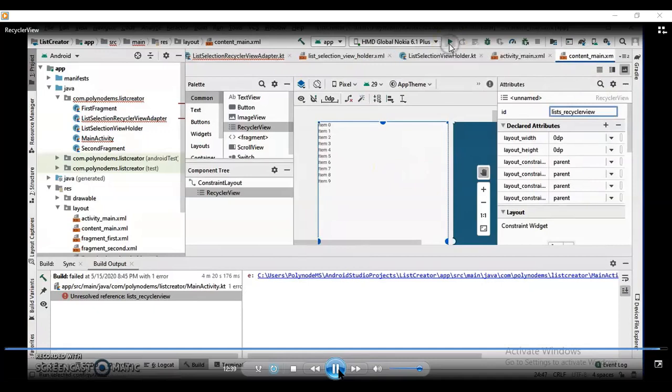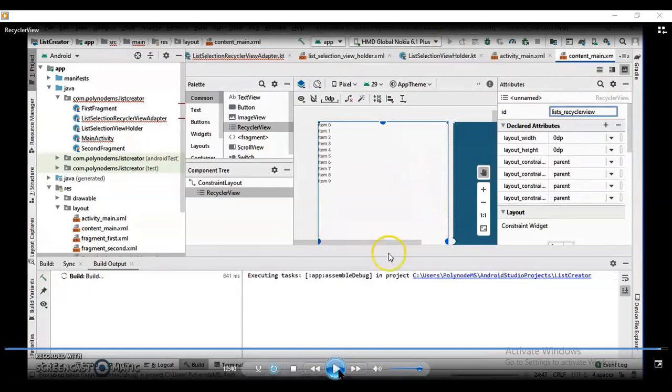So what will happen? When you run this application, you will find that it automatically fetches the list labels from the array that you have defined, comprising 3 elements. Those three strings are there, right? And those 3 strings will be displayed inside your recycler view in numbered form, because we have used one text view for item number and a second text view for item string.